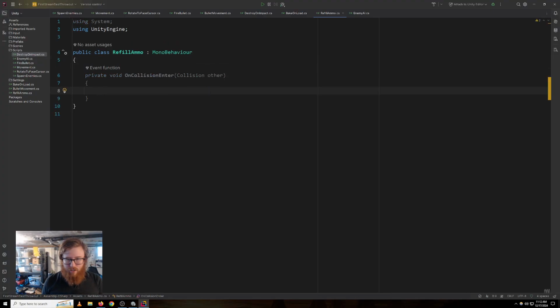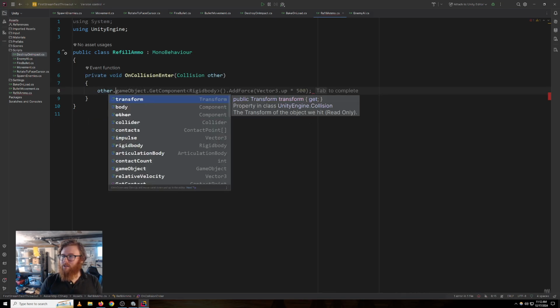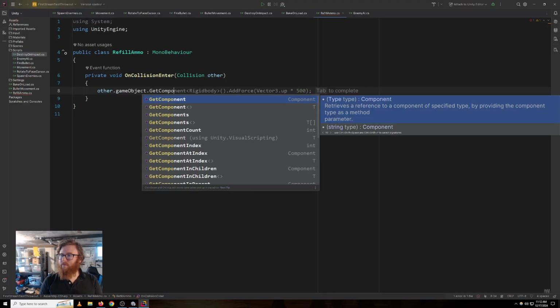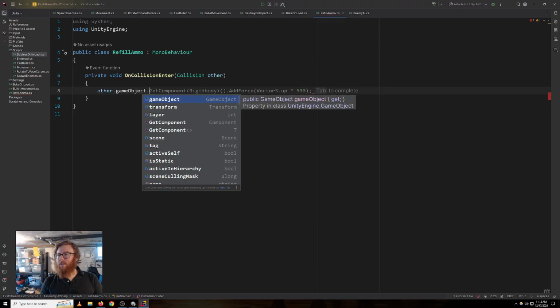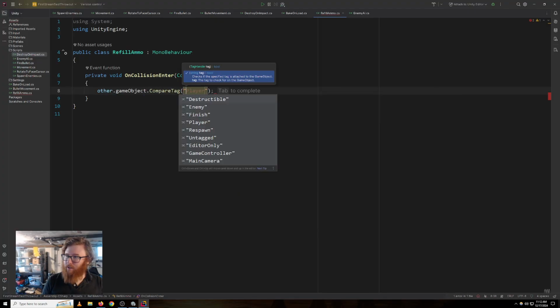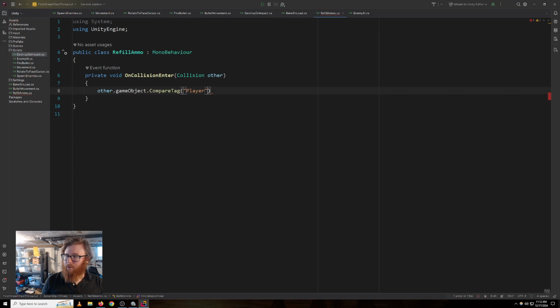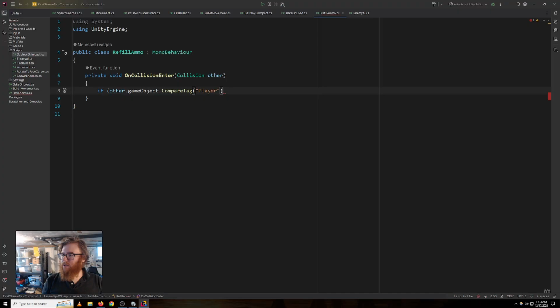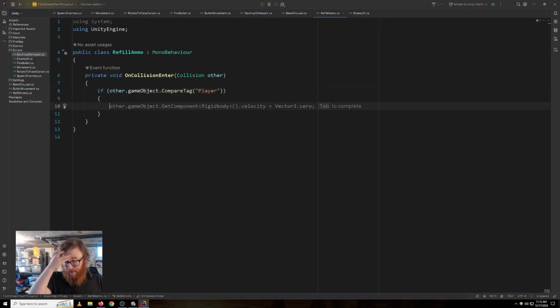When a collision is entered with this object, other dot game object dot compare tag player. Okay, so if the other thing is a player, then